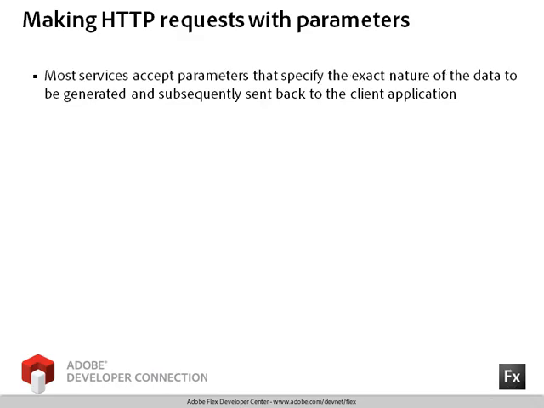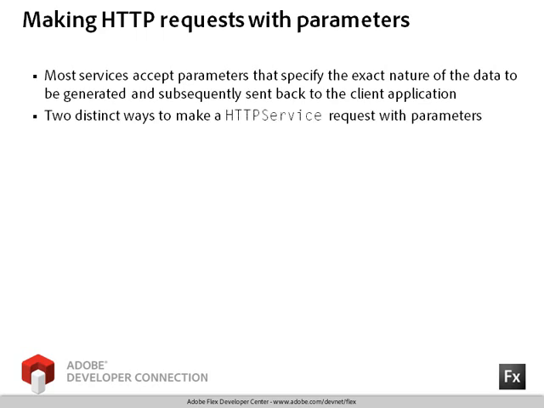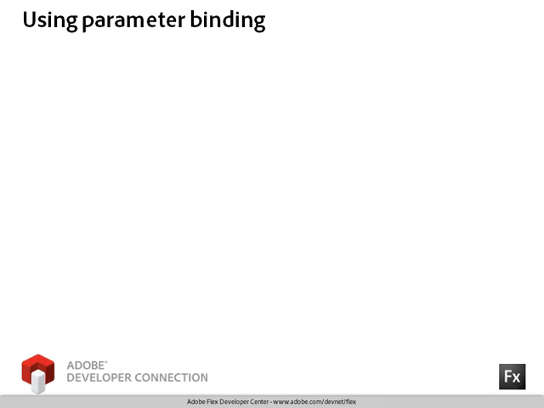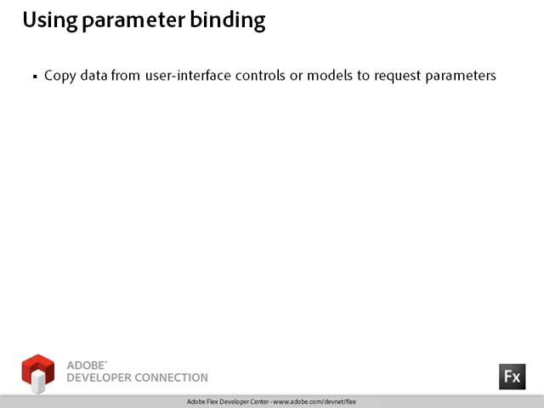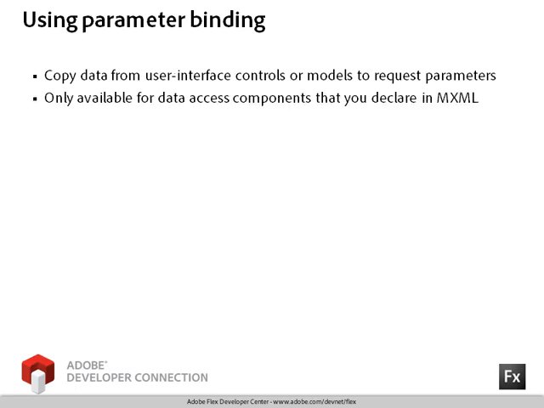Most server-side processes usually define the type of parameters that they accept and the type of data that will be returned. There are two ways to send parameters on an HTTP service request: parameter binding and explicit parameter passing. In parameter binding, you can directly bind the values from UI controls or data models directly to the parameters. This method of sending data is only available if you have created the HTTP service object in MXML and not